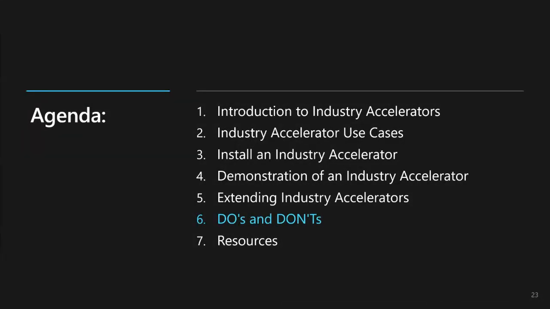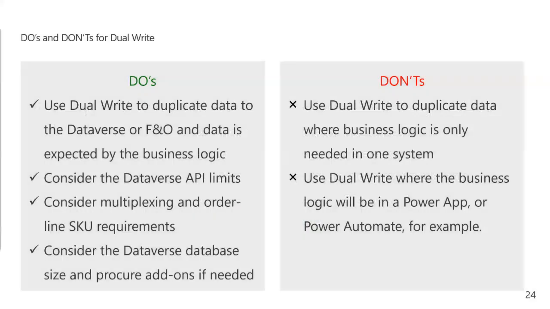All right, so kind of wrapping up with some do's and don'ts and resources. If you've come to some of our earlier sessions, these do's and don'ts aren't really any different. We've talked about these before, but again, for those of you who may not be familiar, some things to keep in mind. When you're extending one of these industry accelerators, there's two basic ways to do it, and there's really three. You can also use the data integrator, but that's asynchronous and tends to be less commonly used for these types of scenarios. But dual write is one of those options and virtual entities is the other.